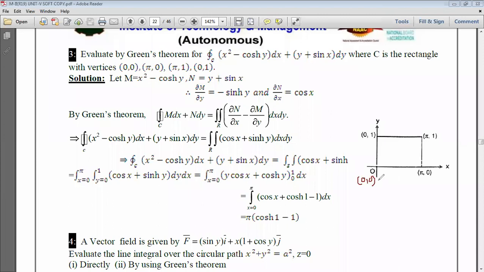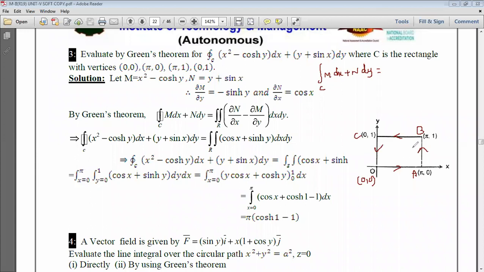How to do that? This is nothing but O, and this is nothing but A, and this is B, and this is C. I require the line integral throughout, so that is nothing but the integral of M dx plus N dy, right, over the curve C. Okay. So it means that simply what you need to find, you need to start in the anti-clockwise direction, O to A, and next A to B, and next B to C, and next C to O, right? O to A, A to B, B to C, and C to O.